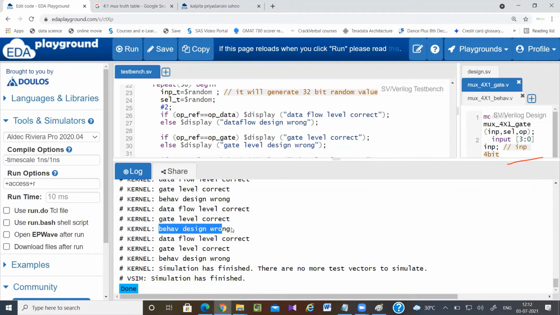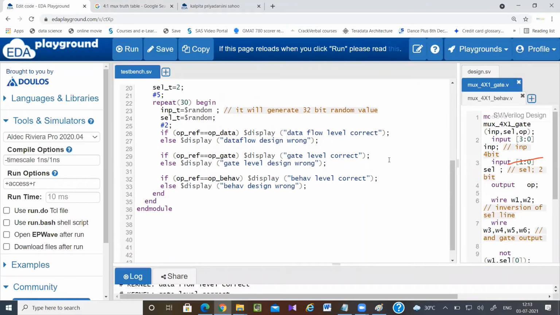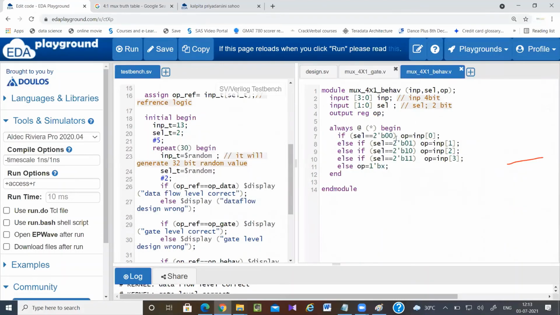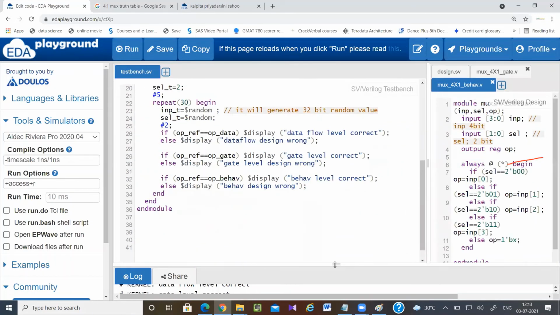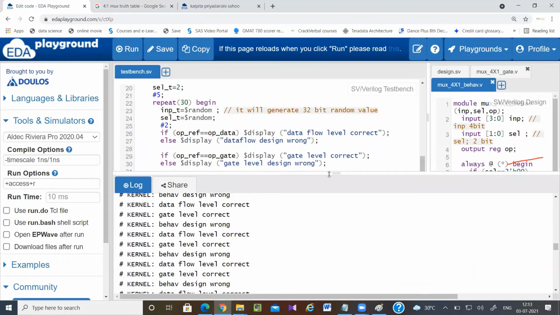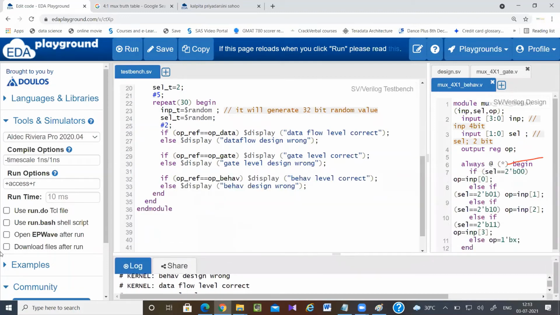Okay, see here it is giving behavioral design wrong. What wrong have I done? Output reference 0, 1, 2, 3. Okay, let me check in the waveform.